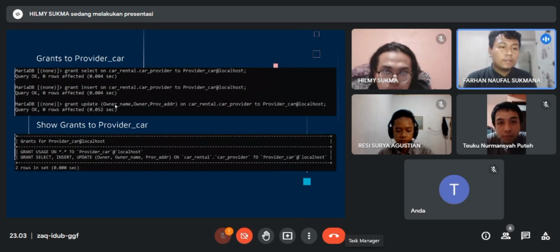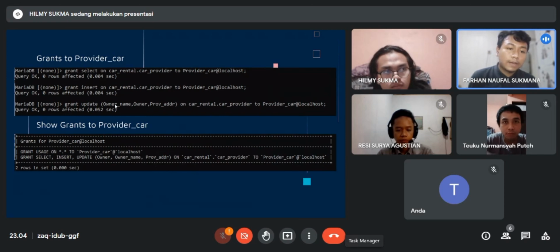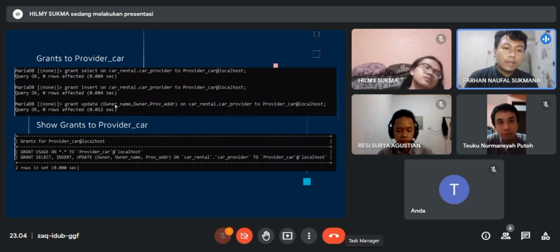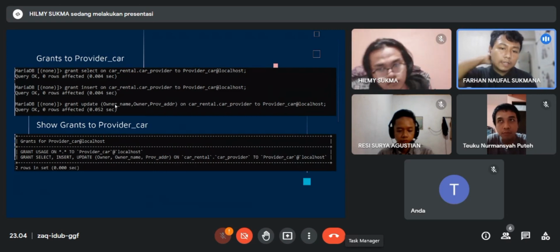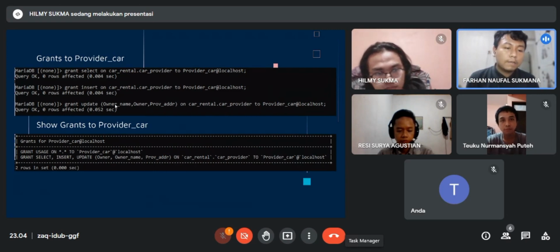For user provider car, the syntax we use is grant select on car rental dot car provider, grant insert on car rental dot car provider, and grant update on owner name, owner provider address on car rental dot car provider. At the bottom, you can see the grants we gave to the provider car, which is select, insert, and update to car provider. Okay,